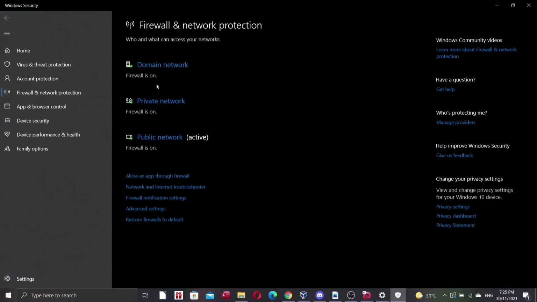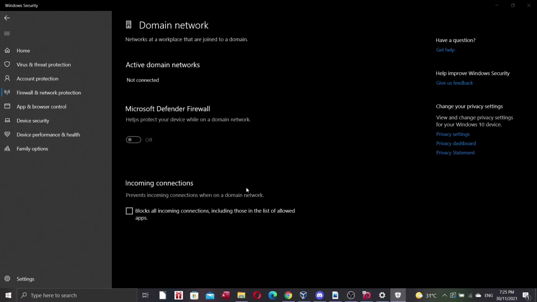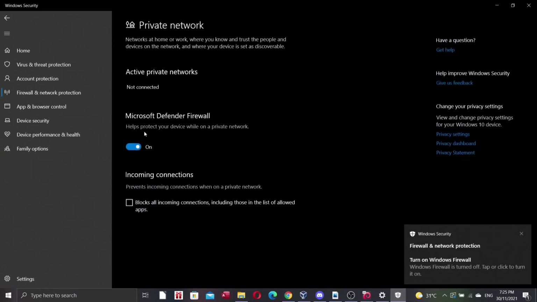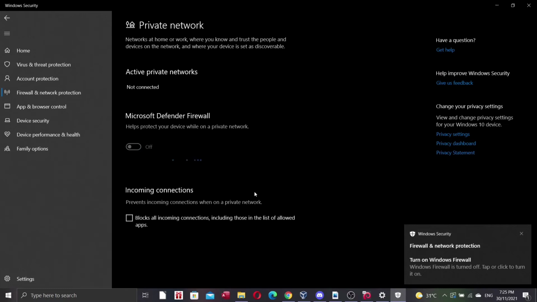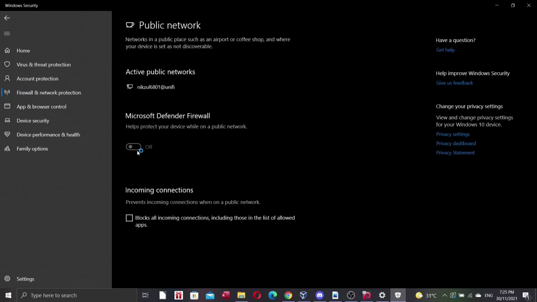Here you can see that the firewall is on, so just turn it all off: for the domain network, for the private network, and for the public network.